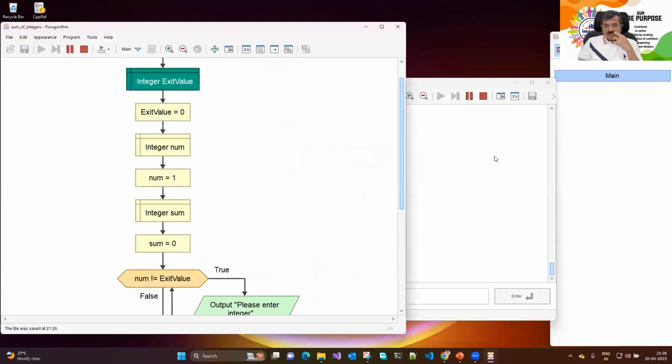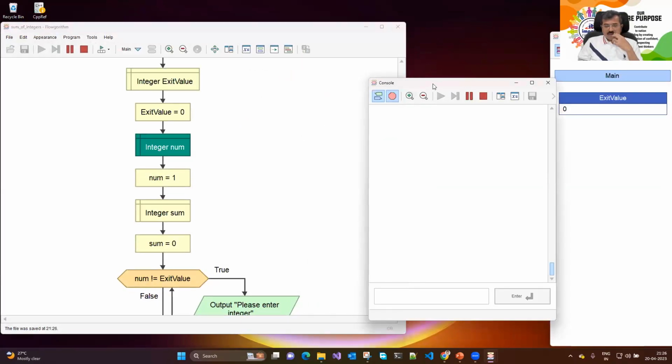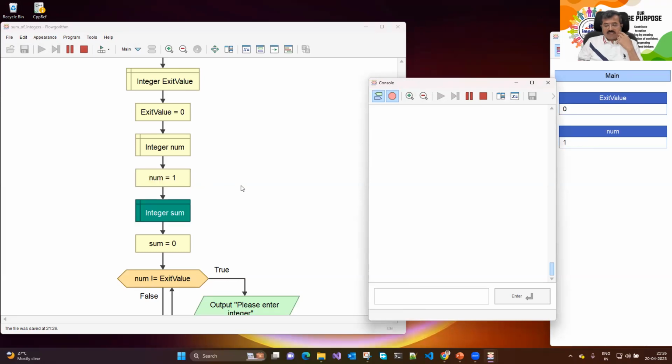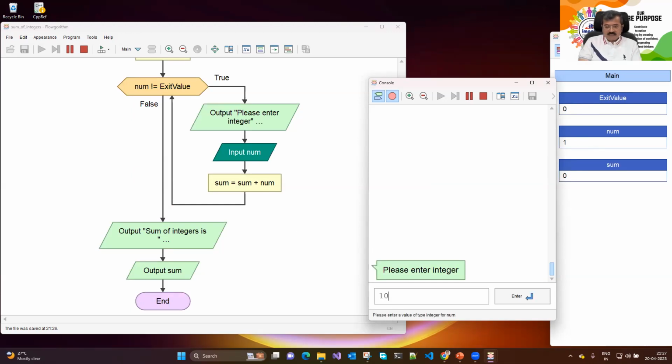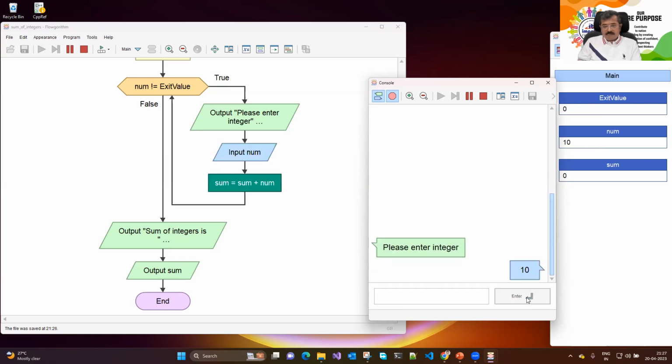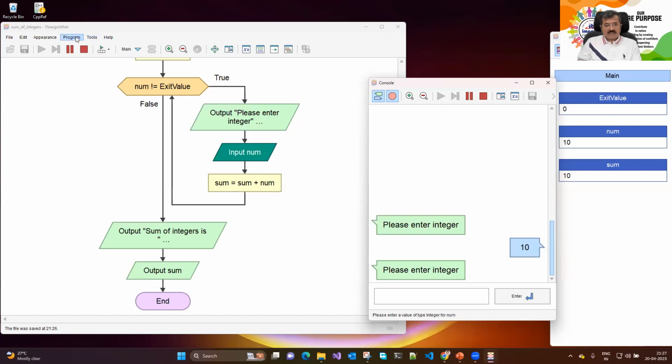We'll also run this code. Look at the way it will keep on running until you enter 0. But if here we come, I enter the first number as 10. Enter. And if I show you the variables,